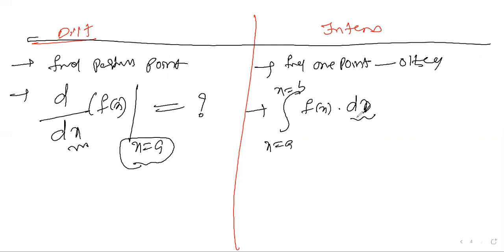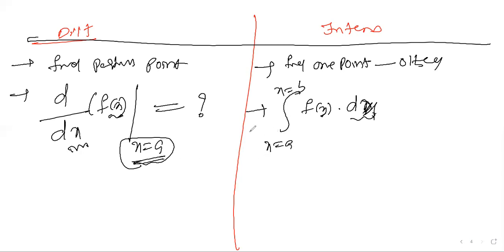dx is a variable. The function which is in terms of x, you can write dx. The function in terms of y, you can write dy. Here, for the function f of x, you can write d by dx. If the function is of y, then d by dy. Function in z, d by dz. I think you have already seen differentiation. It is at a particular point, while integration is between two points.